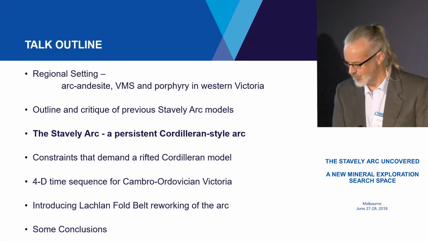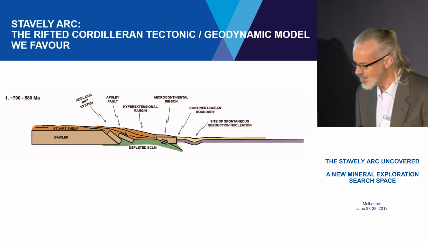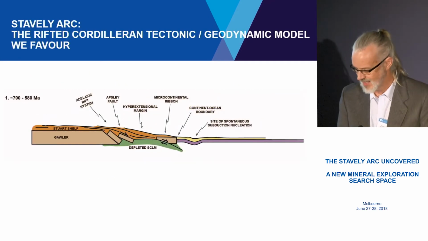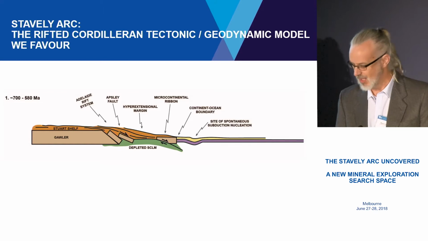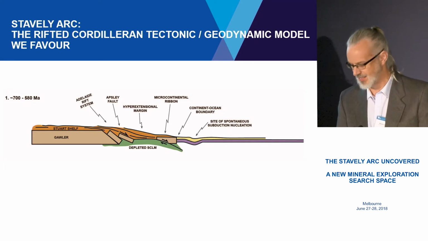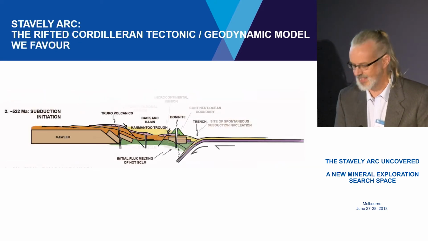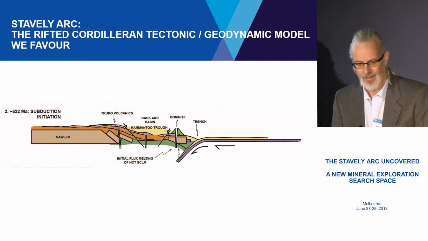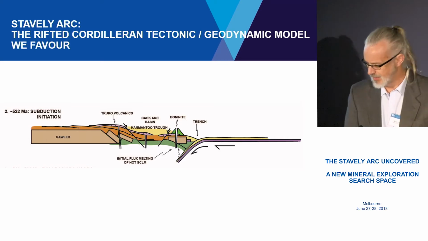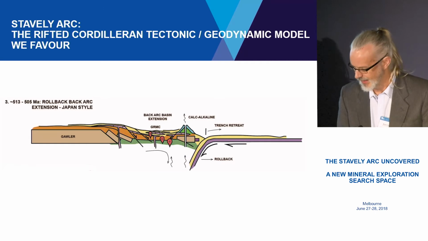I'll give it to you up front, this is what we think is happening, and then the rest of the talk is really telling about why we think it's that way. So what we think happened instead is it started off much the same. It was a passive margin, a hyperextended margin, on the east coast of Gondwana, related to Rodinia breakup, which had started about 750, 800 million years ago, and went through to about 650, opened the Pacific Ocean, and then it started to subduct once it got old, and that subduction initiated on the margin, and it was initially boninitic because it was primitive and immature, and then as it matured, it went into calc-alkaline, and it was a